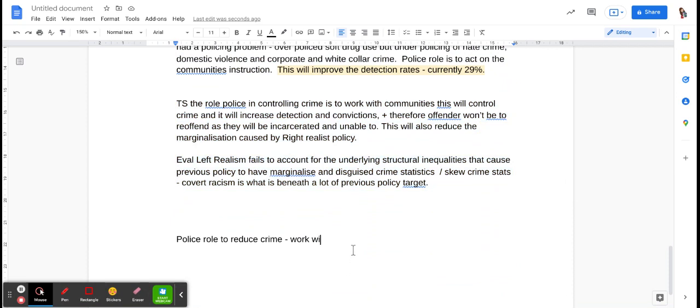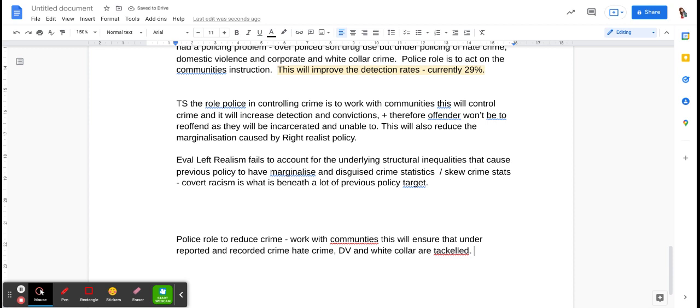The role of police to reduce crime is to work with communities. This will ensure that underreported and underrecorded crimes like hate crime and domestic violence and white collar crime are tackled. It will support victims and improve detection rates